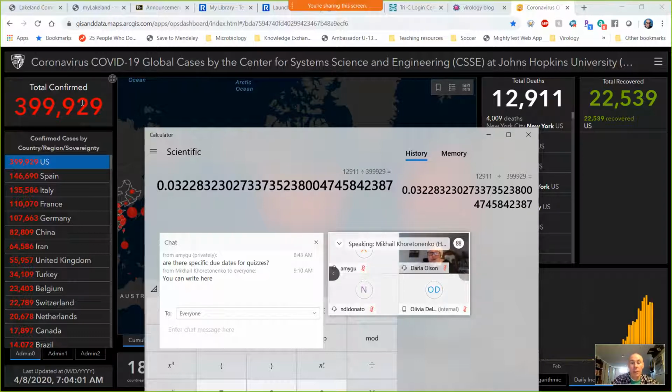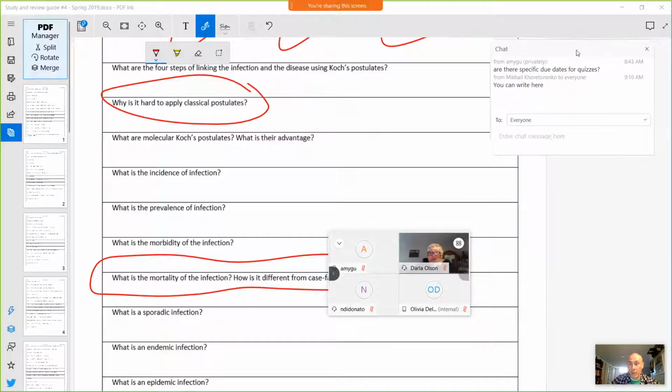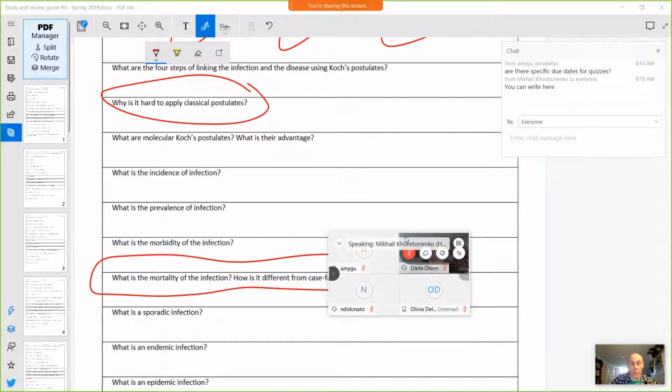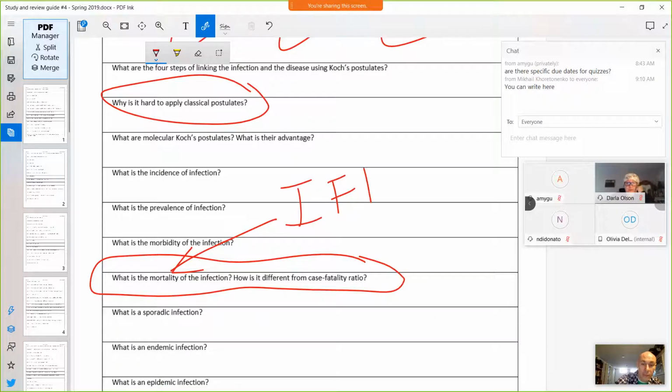Okay? Now, does it actually reflect the true mortality of the disease? The answer is no, it doesn't. Because there are people walking around who had mild infection, didn't go to work for a couple of days, and they were fine. So the good news is the true mortality, sometimes referred to as infection fatality ratio, is much lower. There's a great saying, every model is wrong, but some of them are useful.